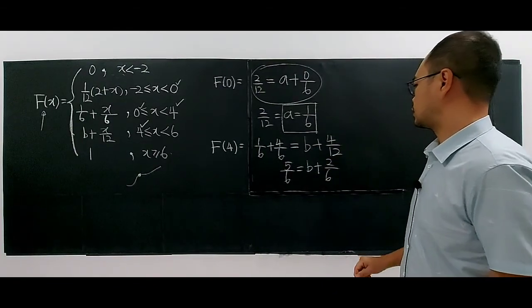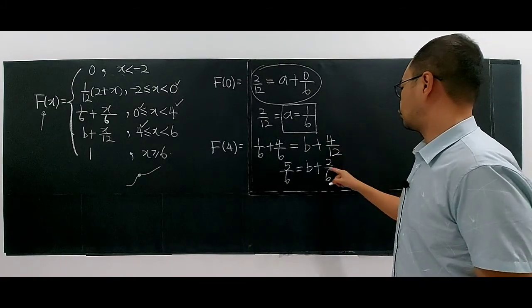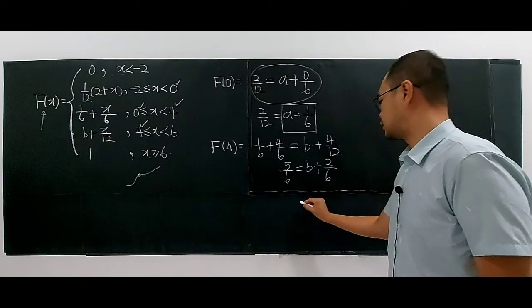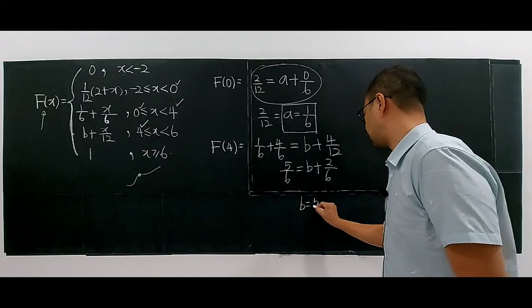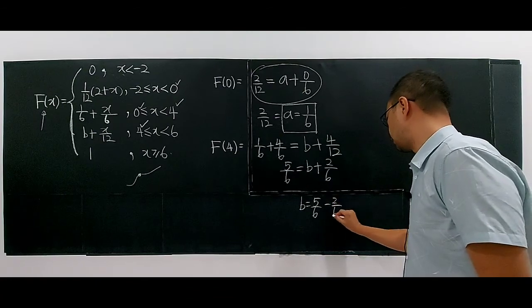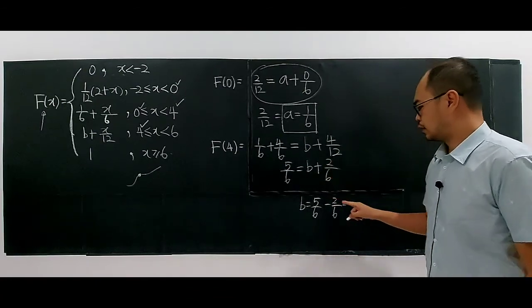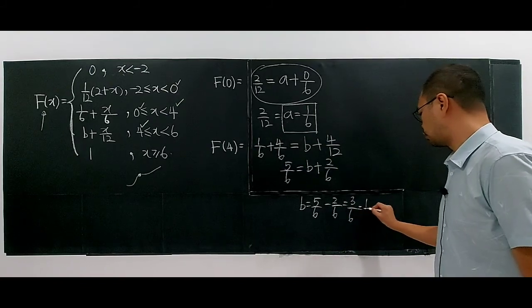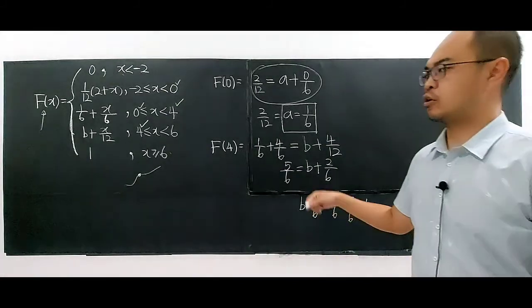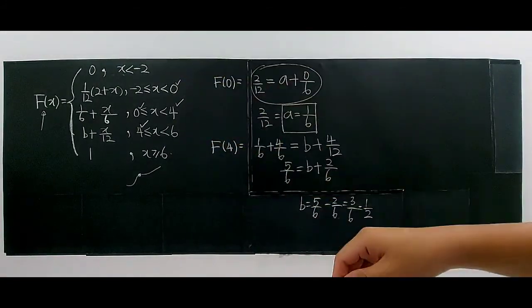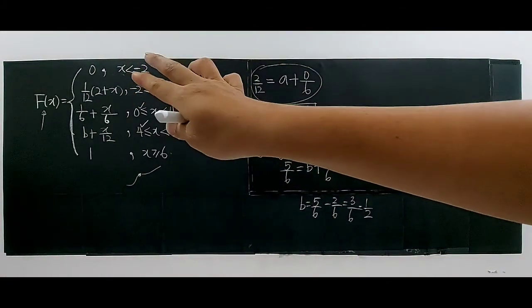2 over 6. 2 to 4, divide by 2, right? 2 divided by 2, you have 6. So it means that the b is taking 5 over 6, right? 5 over 6 minus 2 over 6, right? 5 minus 2, you have 3 over 6, so you're getting 1 over 2. Finally, you have got your value of B by knowing the properties of the characteristic of the value before and